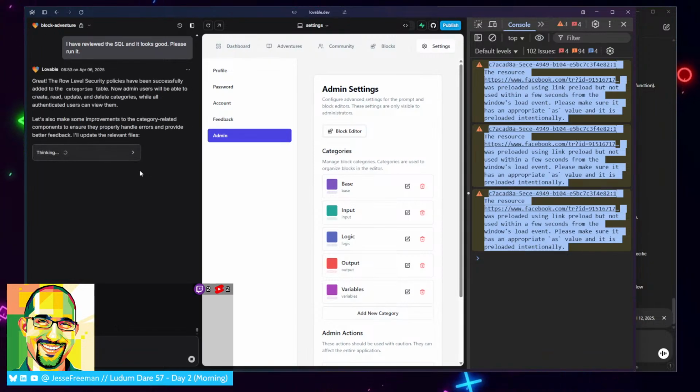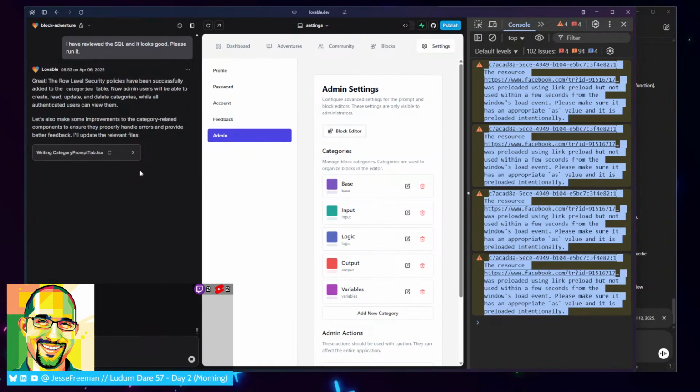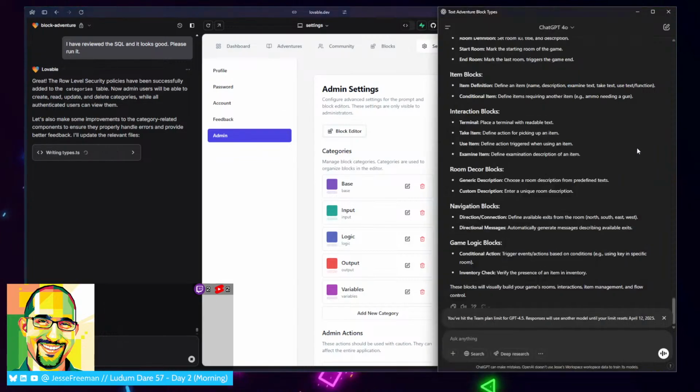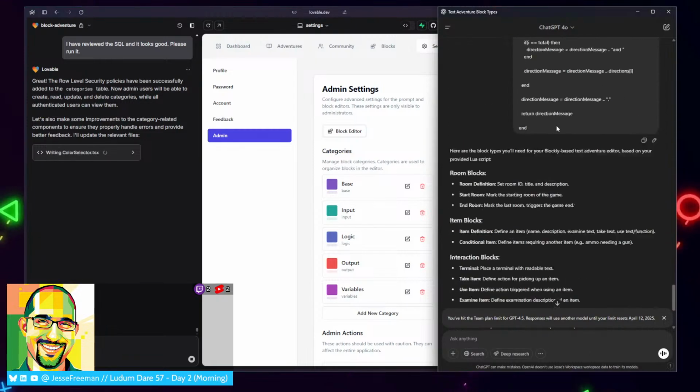This should hopefully fix this error. All right, it looks like it caught this too. And it's saying it's making some changes to provide better feedback. All right, while this goes on, what I want to do is, all right, can you,